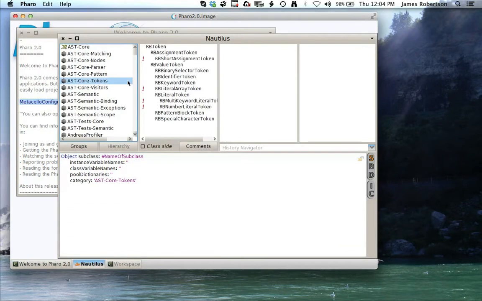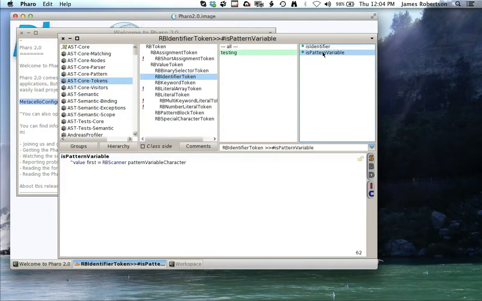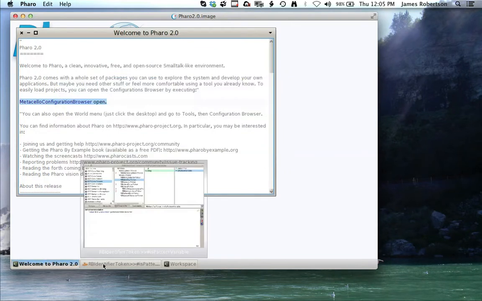I could say, well, I'm working in this and I'm working over here. So now I iconify this guy, and I've kind of forgotten which one is which. Well, I can see up here the little representation of where I am in that browser, so I can tell which one is which, and that might give me a better notion as to where I want to go next.